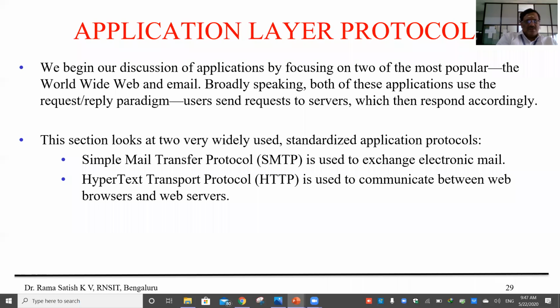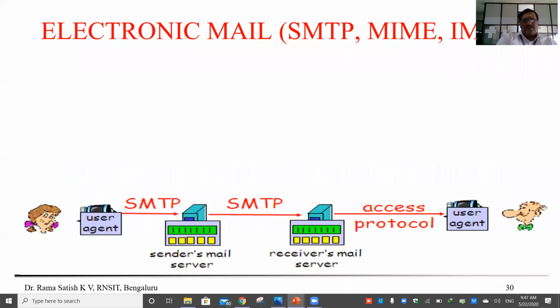Moving further, first, email. The first application we'll discuss is email. What exactly does email do? Email works with three important protocols. One is SMTP, simple mail transmission protocol, or transfer protocol. The second one is MIME, multipurpose internet multimedia extensions.